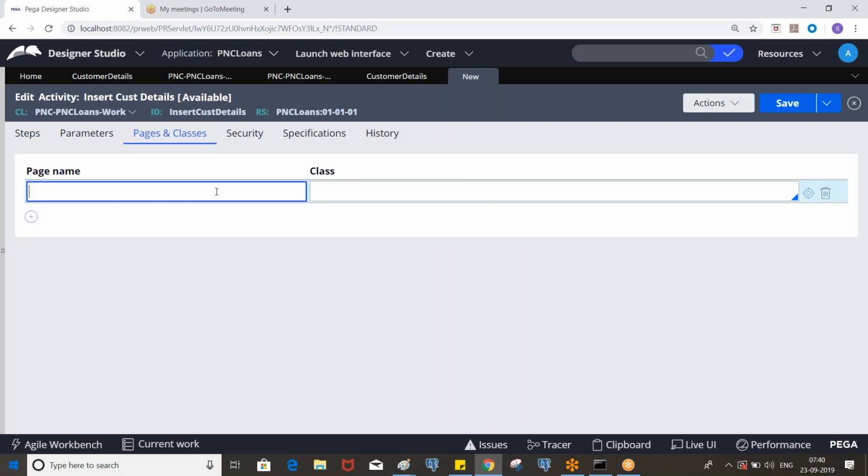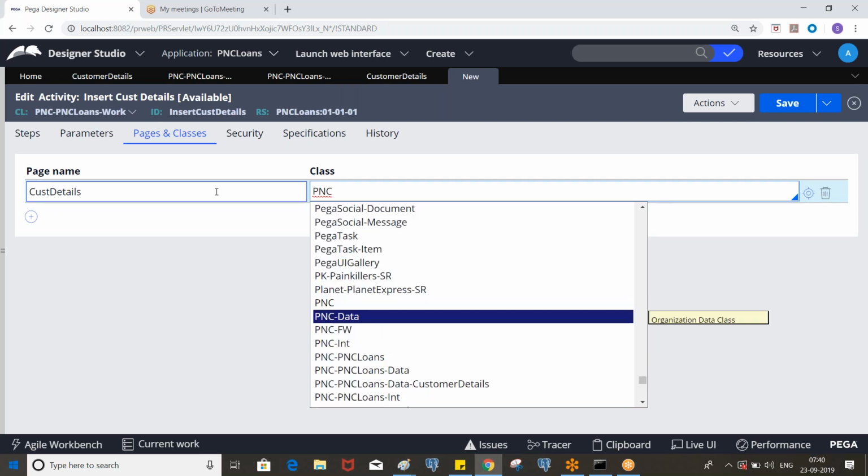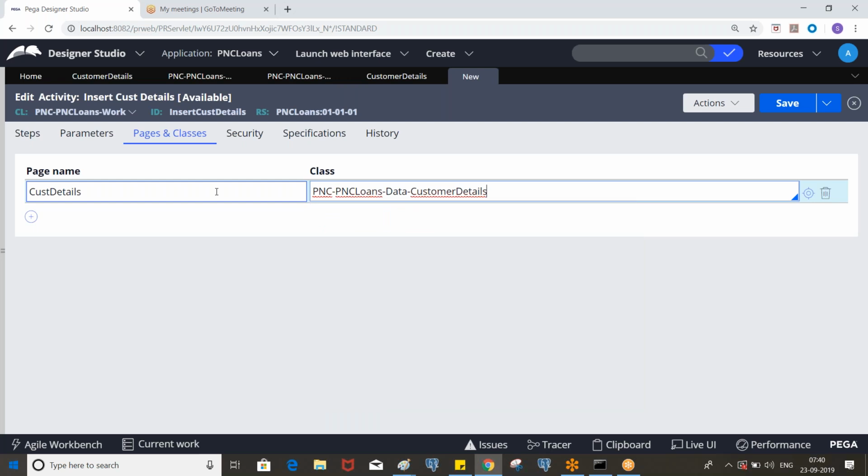You can define whatever page you want. Let's say I'm specifying a page called customer details by referring to the class which we are using, that is pnc-loans-data-customer details. This is mandatory.